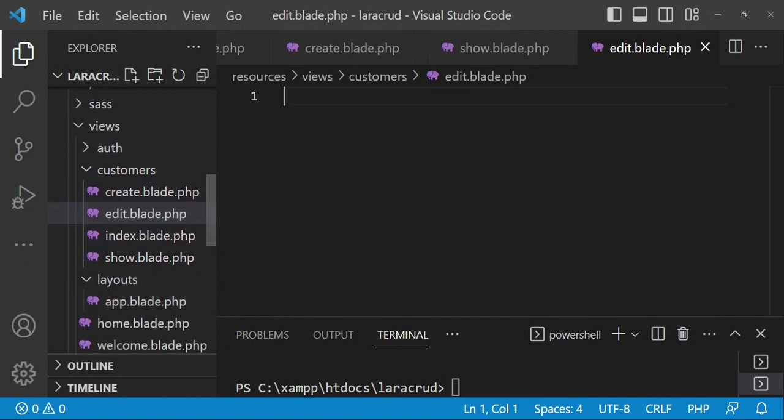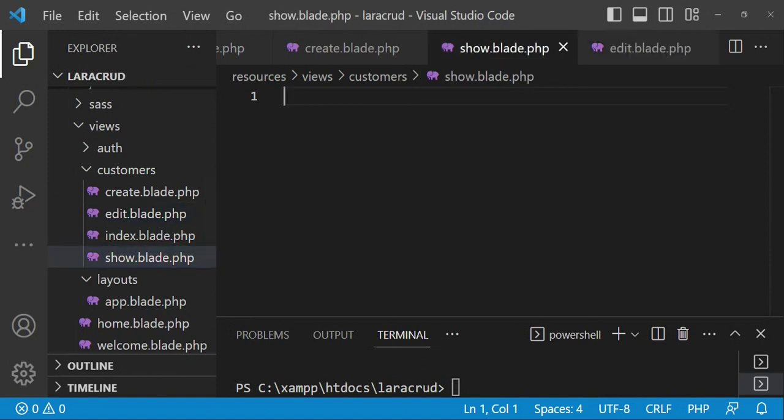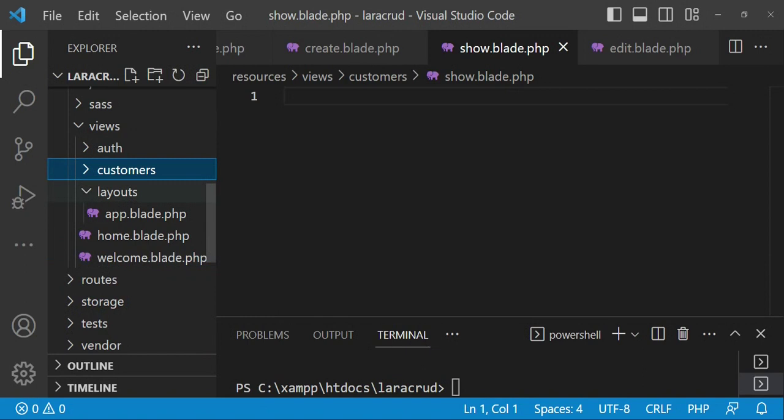Now the file that we are going to have as show.blade is the file that will be showing just one post from one customer's details. In this case we can extend our layouts. There is this layout file that we have here, layouts, and the file is called app.blade. So that is what we are going to extend, and it has everything that we require to use Bootstrap in our application. So we are going to say @extends